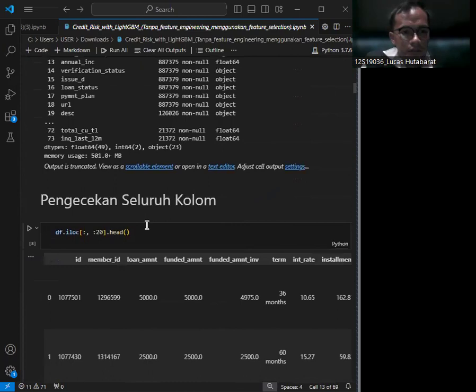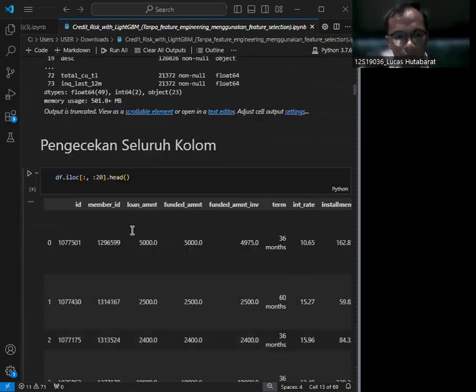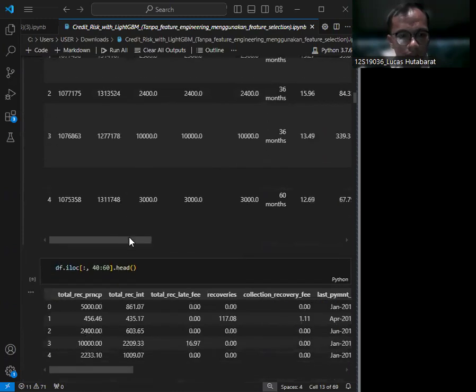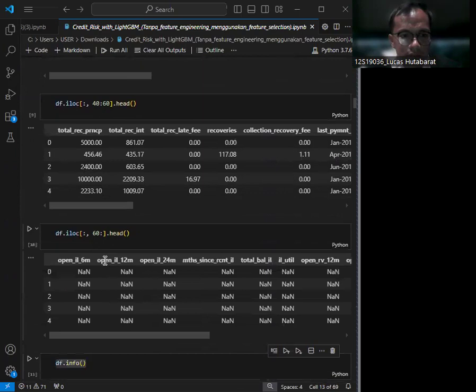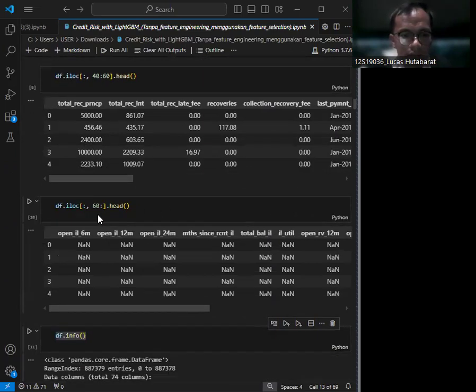Firstly, we saw 20 samples. Next, 40 to 60, and then 60, and the last is 60 and more than 60.